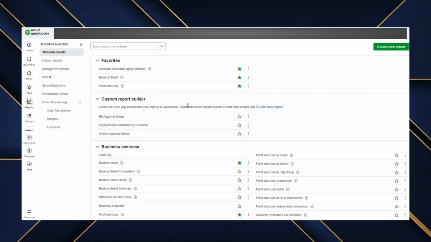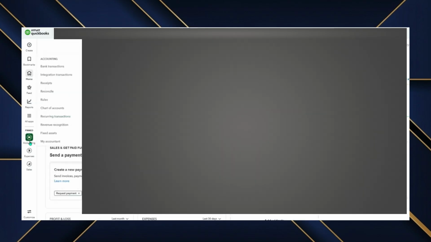In this video, I'll show you how to add fixed assets in QuickBooks Online Advanced using the new interface, so long-term purchases like equipment, vehicles, or furniture are tracked cleanly for reporting and depreciation. Start from the left menu and open Advanced Accounting, then choose the Fixed Assets tab to view what's already on